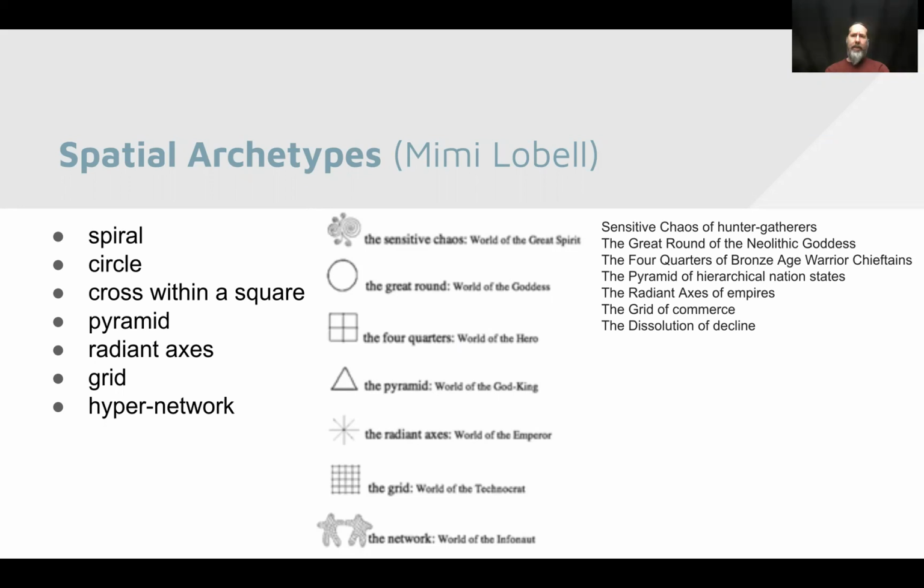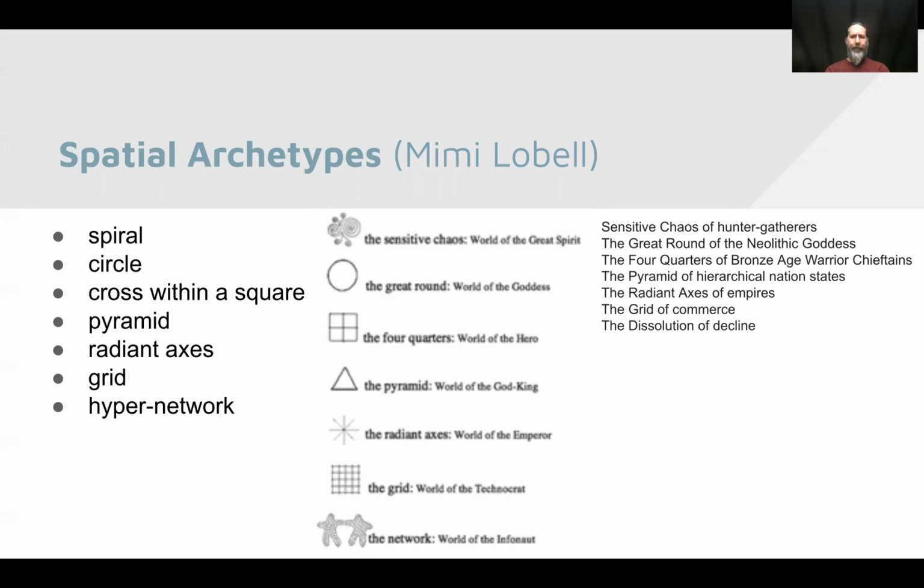So hunter-gatherer societies built in spirals and had a lot of what she calls sensitive chaos. Their buildings were very shaped by their immediate environment and their immediate needs. In the Neolithic era, largely formed by goddess worship, she thought, people were building in great rounds, in connected circles.